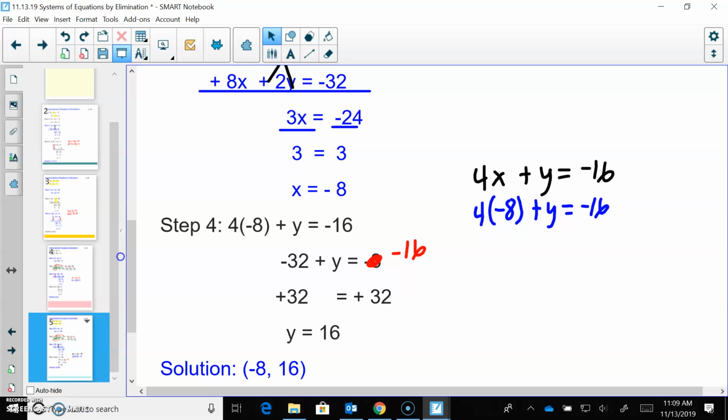So on Friday, the students will have a quiz over systems of equations and inequalities by graphing, substitution, and elimination. So we'll tell them, hey, solve this by